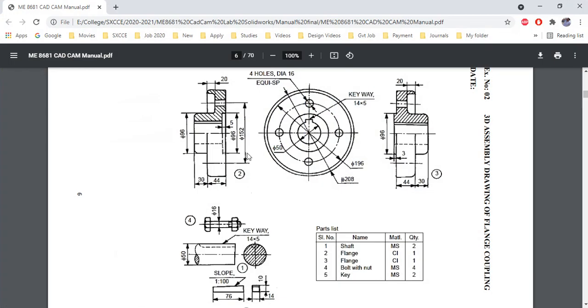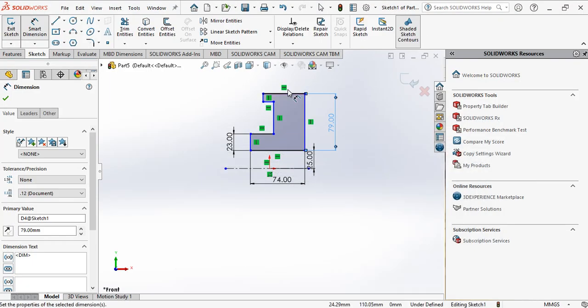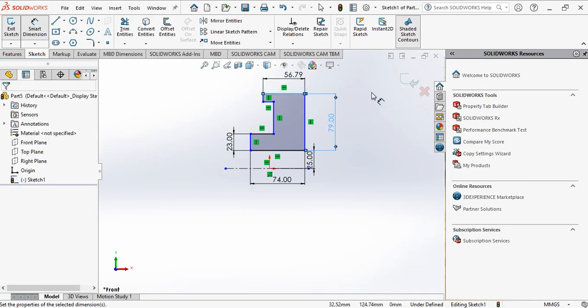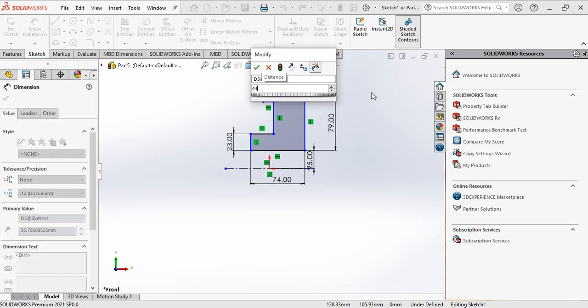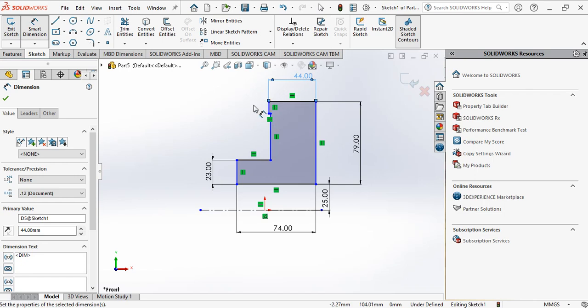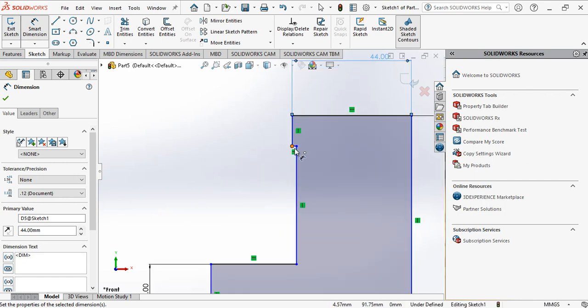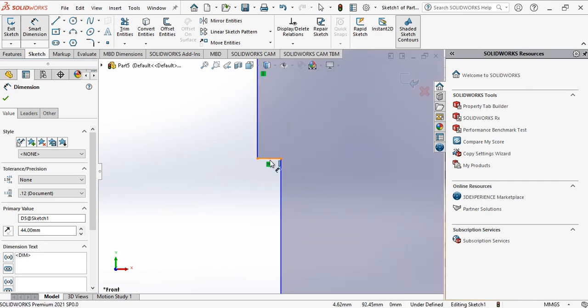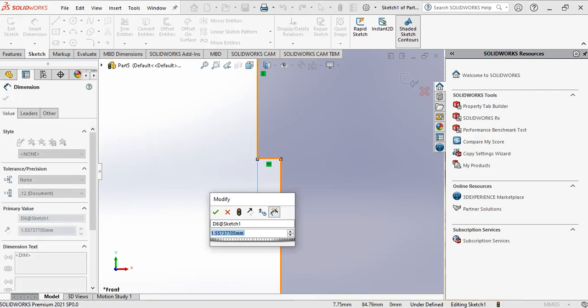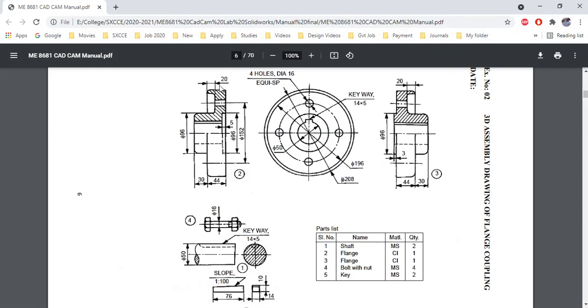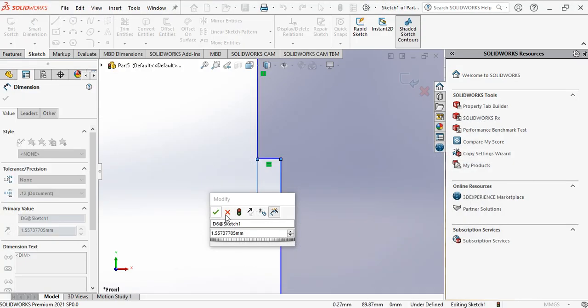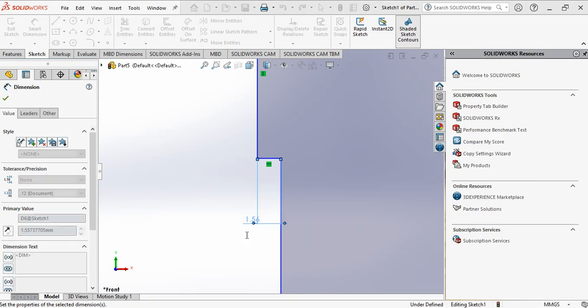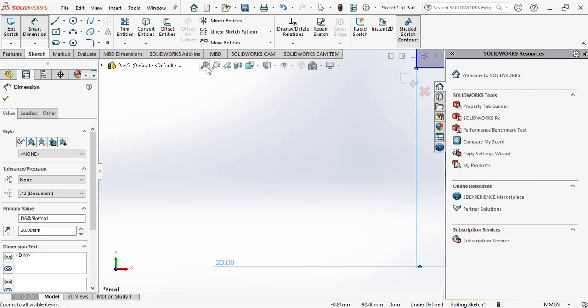Next, this distance from here to here is mentioned as 44 mm. So the top region is 44 mm. And this distance is 20 mm. Fit to screen.